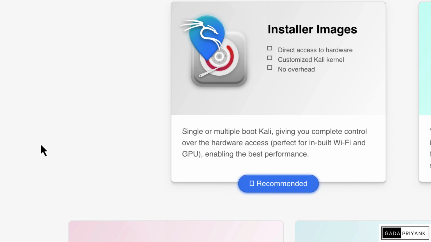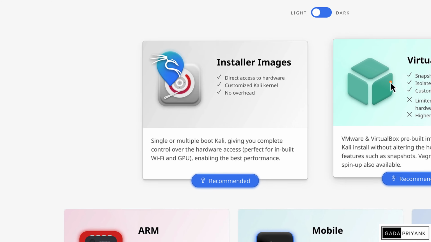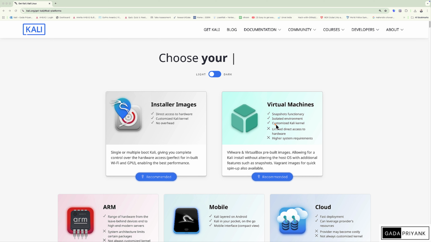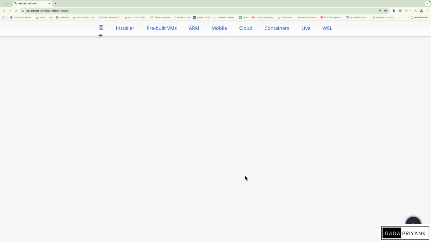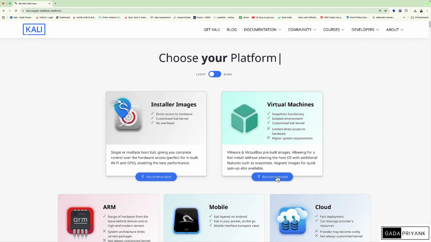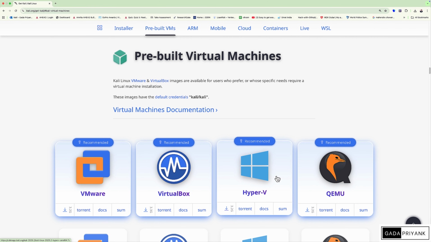So there are a lot of options that you will see on the official website, and these are the ones. Since you are my viewer, I will explain everything in detail. We'll talk about virtual machines later on, but just try to understand that this is an already pre-installed Kali virtual machine. Then you have the ISO image of the installer. Kali is also available for cloud, mobile and ARM architecture, and in a future video I'll upload a video on how to install it on your phone as well.